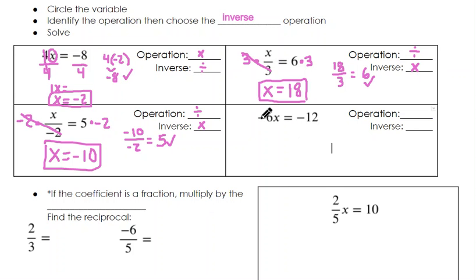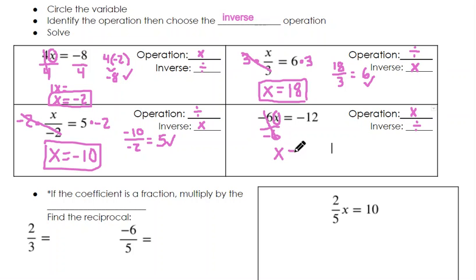All right, this last one, I have negative 6x. So I want to get this x all by itself. When a number is touching a letter like that, that means that it is multiplying. So I need to do the inverse, or the opposite of that, which is divide. So I'm going to divide by negative 6, because negative 6 divided by negative 6 cancels out to give me